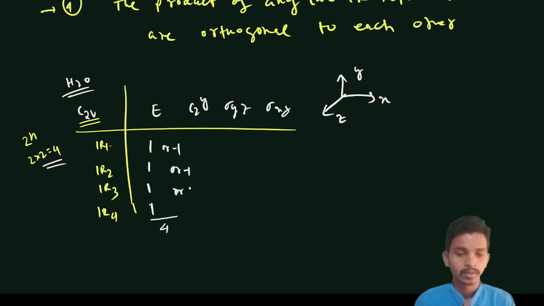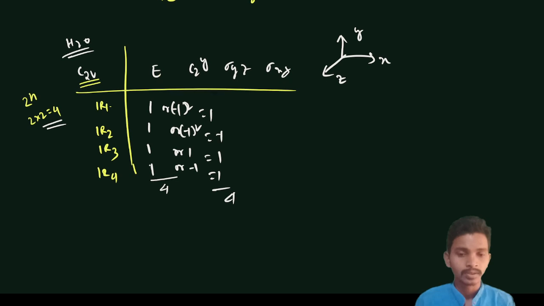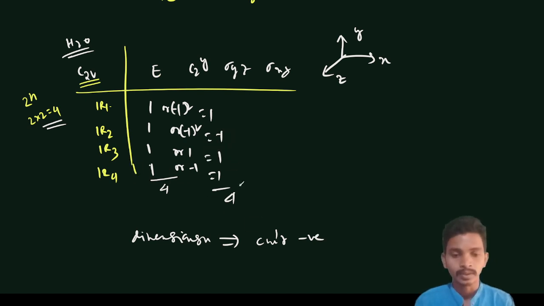minus 1, then also I will get 4, because the square of this is giving 1, this is going to give 1, this is also giving 1, and the total is 4. But there is another condition: we know that dimensions can never be negative, like height can't be negative, so dimensions can't be negative, so we can't put minus 1. So here we will only put plus 1,